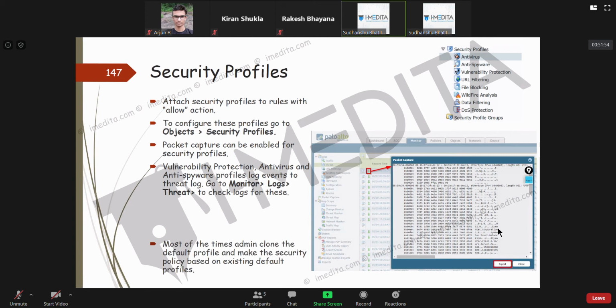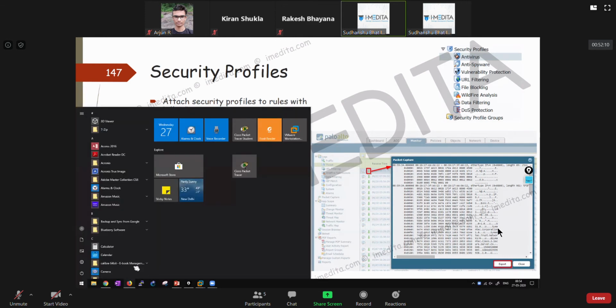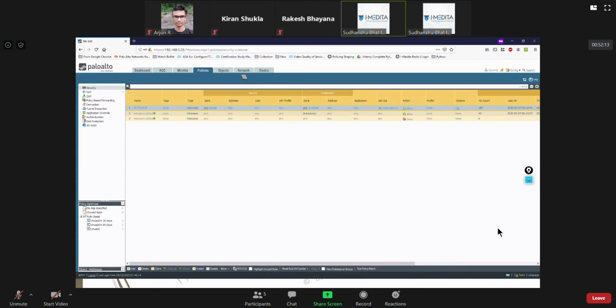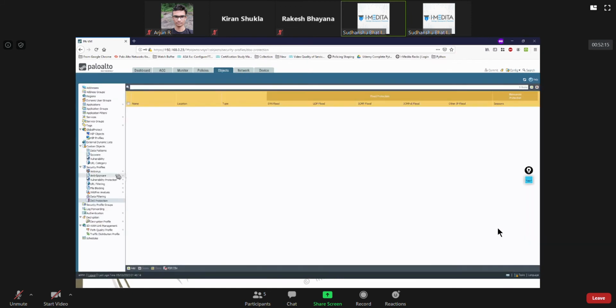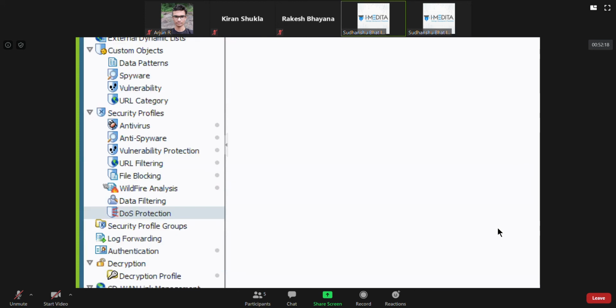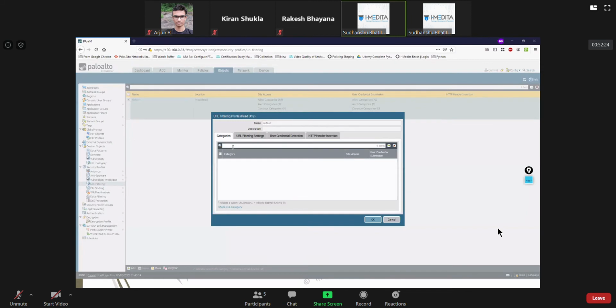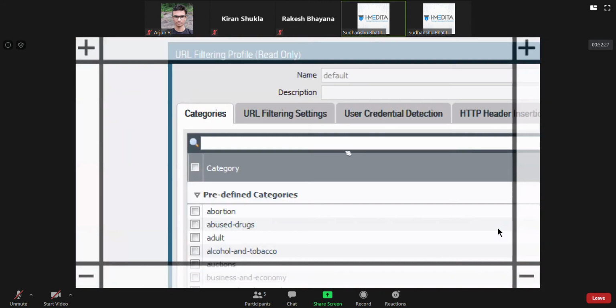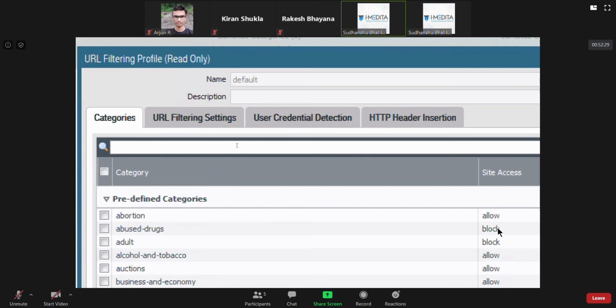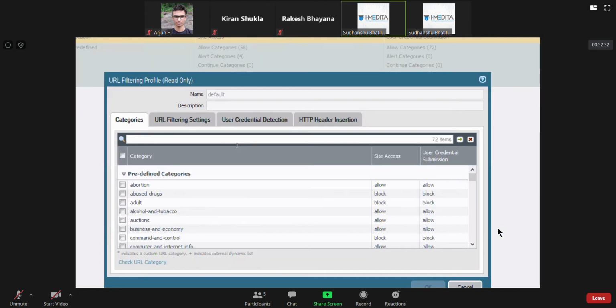Like I told you, there are default profiles in all of them. Most of the time admins just clone the default profiles and use them in the security policy. The reason for that is, if you look at the default security profiles, I'll give you an example. Let's talk about URL filtering. If you look at URL filtering, they have blocked certain categories of websites in the predefined profile, which you will never want to allow in the